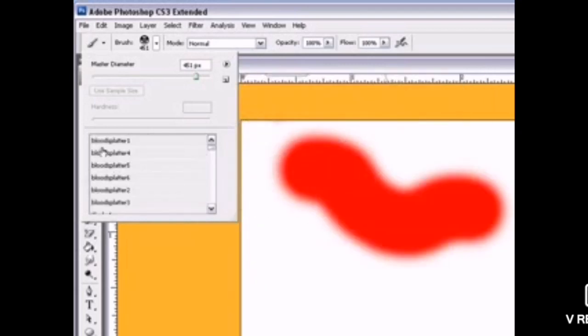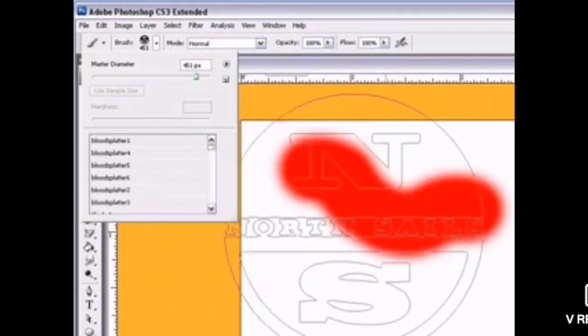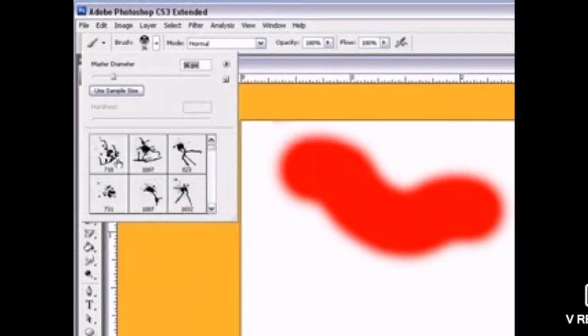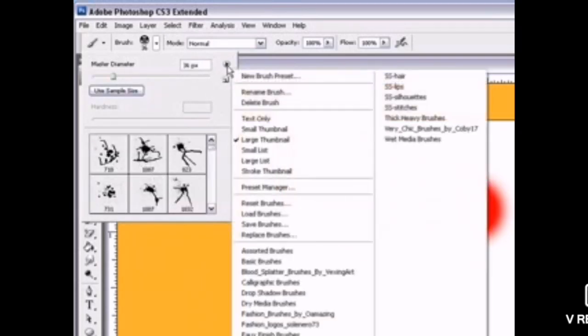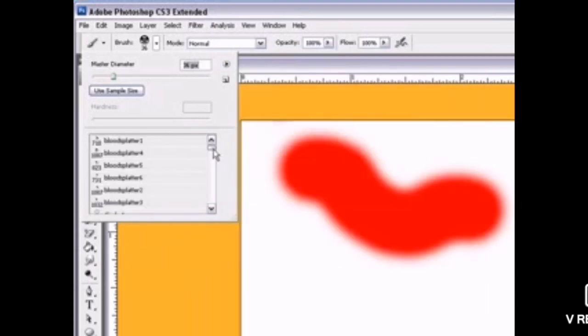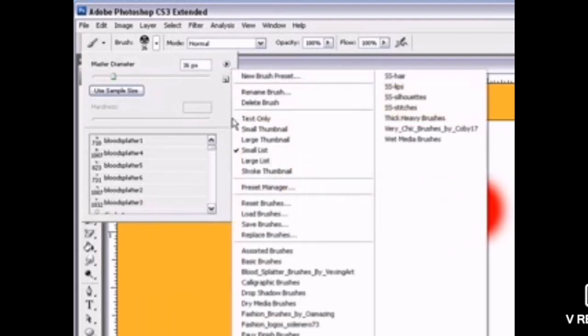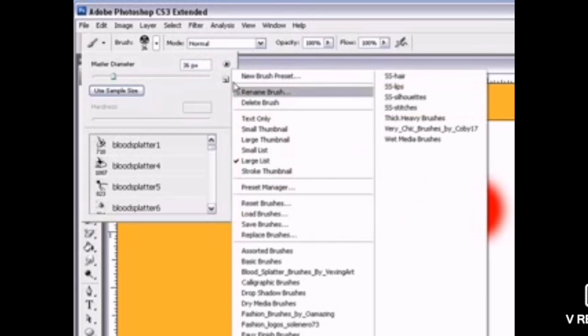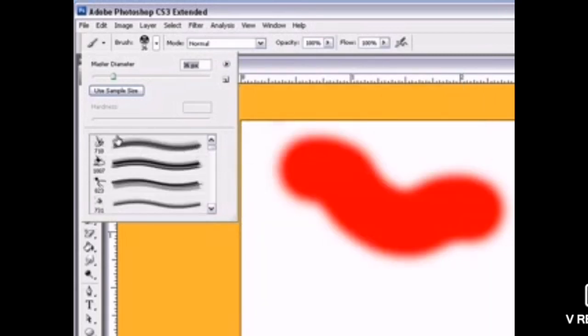We can again preset the diameter. So again we can preset the brush by using small, big, large, and the icons present in my brush will get changed as I select my preset option.